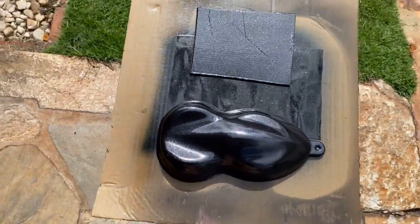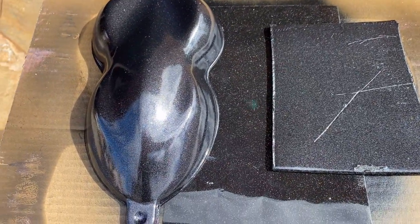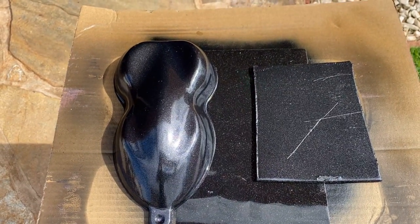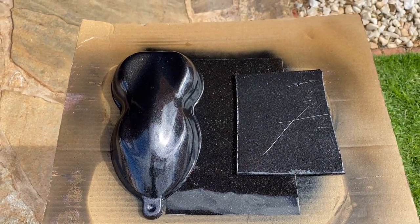And if I don't obscure it, I think it looks pretty good. The carbon flash is on the bottom. I think if I would have had one more jar of green ice pearl, it would have been perfect. But it's close enough to